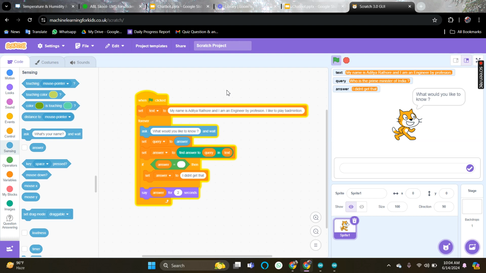So you have to ask the question what would you like to know, and inside that you have to set query to answer. So query is going to be your variable that you just created using variables, and you will store the answer inside that variable, and after that you will set your answer to find query in text. So where would the actual answer be going to? It would be going inside the variable answer, right? And where would it find the answer? Find answer to query. Query is the question that you are asking, and it will find that inside the text that you just wrote,